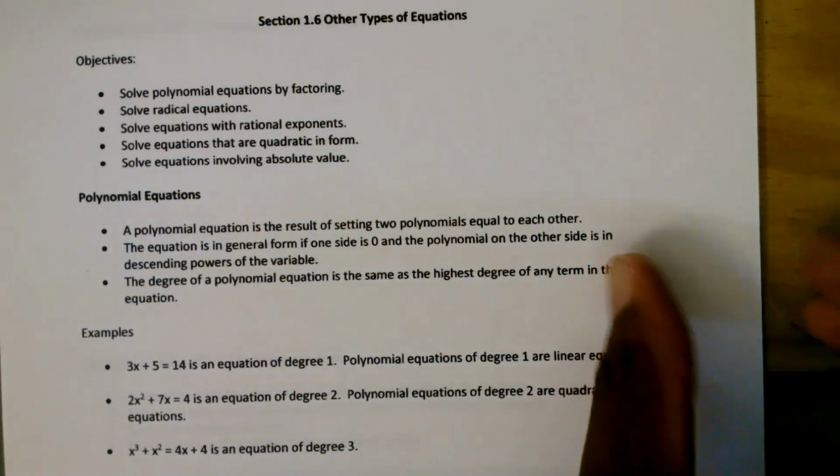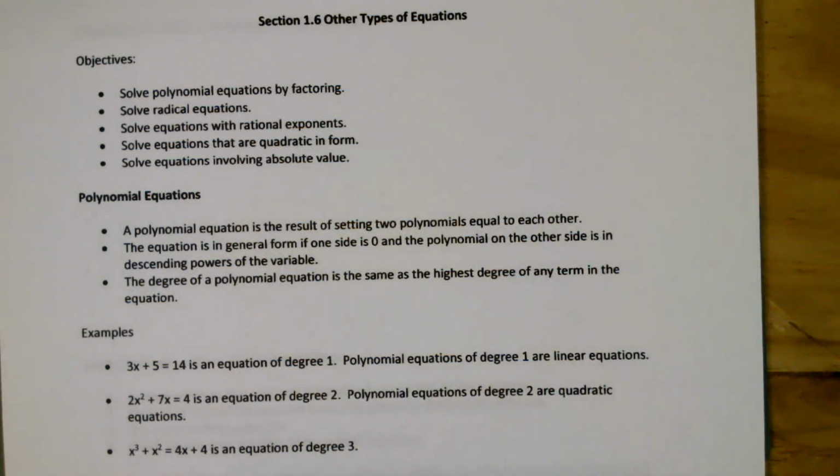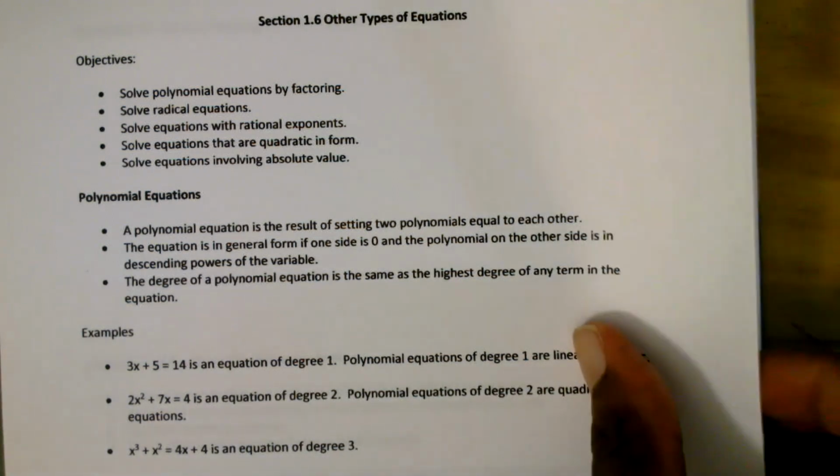All right, let's talk about polynomial equations. A polynomial equation is the result of setting two polynomials equal to each other. And the equation is in general form if one side is 0 and the polynomial is on the other side in descending powers of the variable. And then the degree of a polynomial equation is the same as the highest degree of any term in the equation. So like in these few examples that I have here,